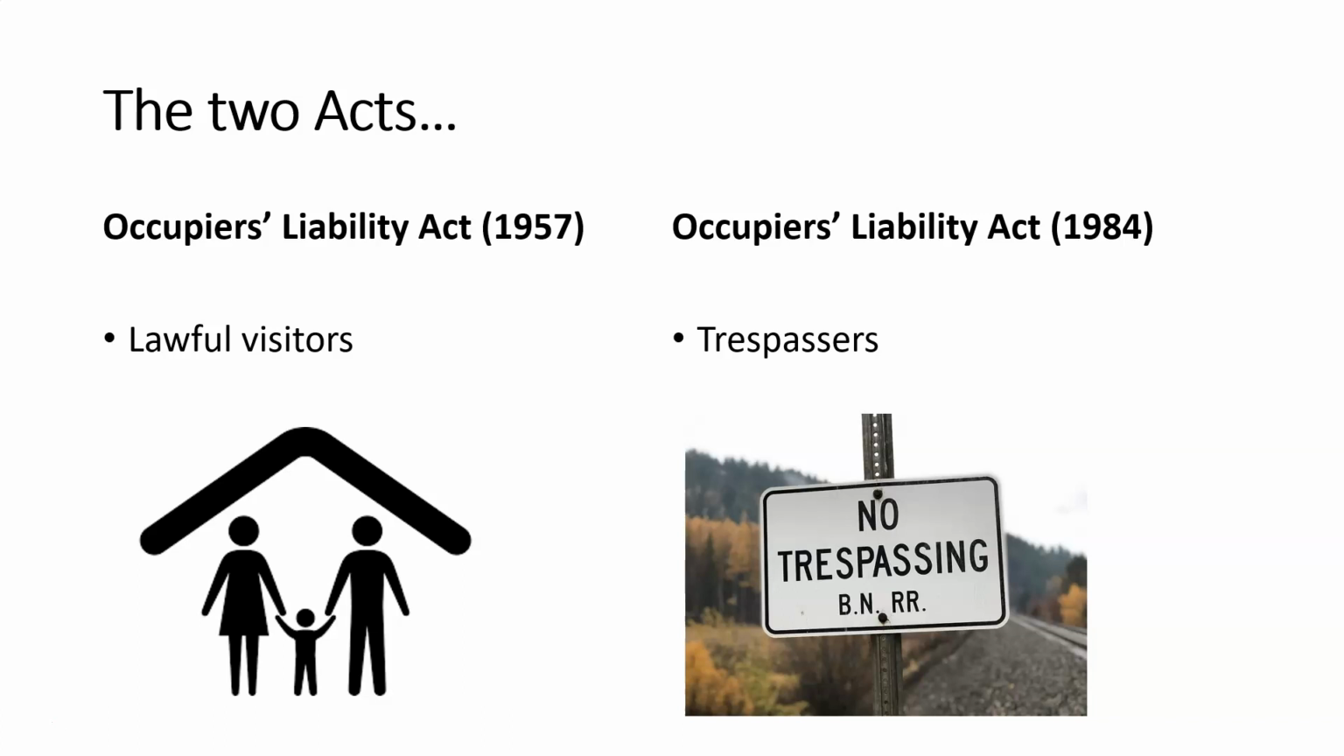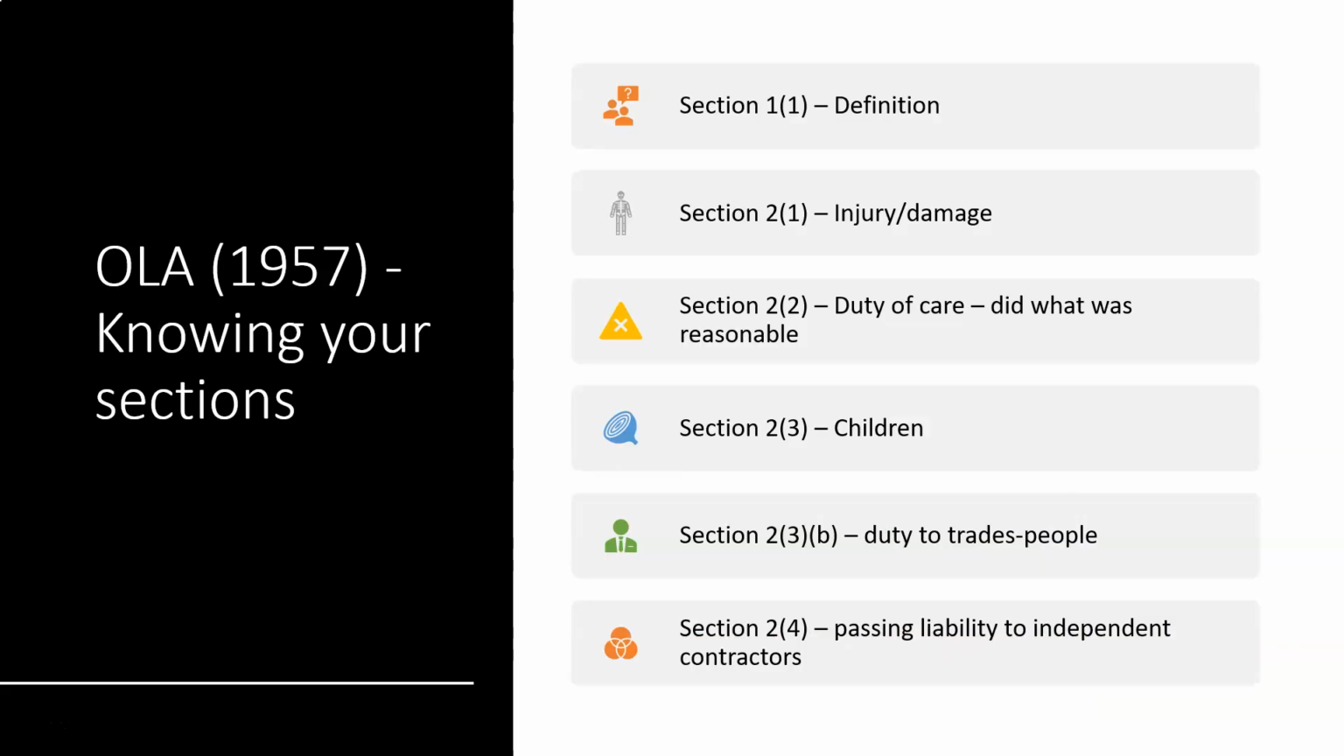So you really need to make sure you know the difference between the two, and that's something we'll be exploring today. So what is the difference between a lawful visitor and a trespasser? And that's the key thing. When you first get a scenario, the first thing you want to do is pick out, okay, is the person a lawful visitor or are they a trespasser? And that'll tell you which act to use, and the law is ever so slightly different depending on the act you use. So what we're going to do is start by exploring the 1957 Act,